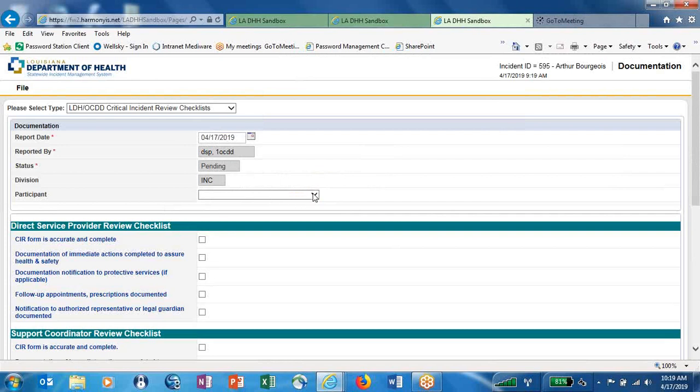Here you are going to again select the participant associated with the incident. And as the direct service provider, you will be completing this top section here. This document remains in a pending status, so as the worker, you can return to this form and complete it